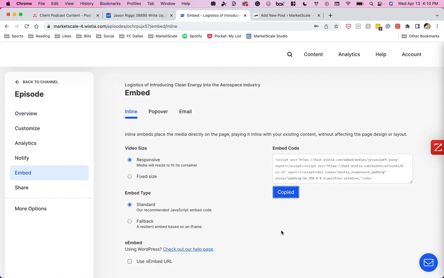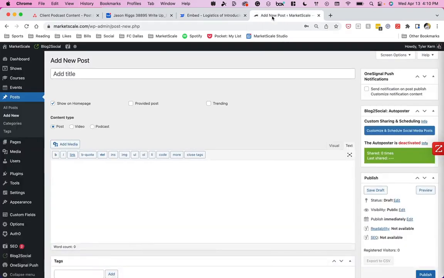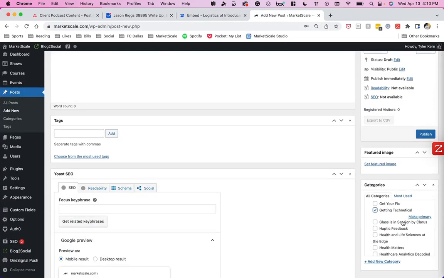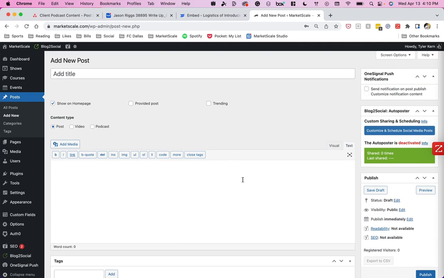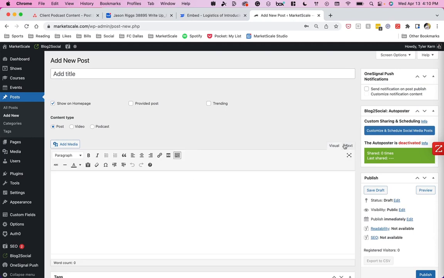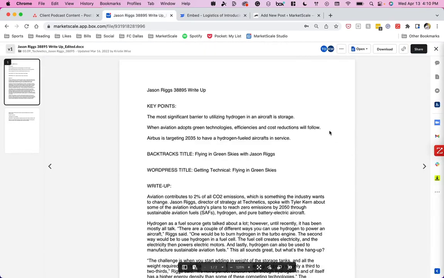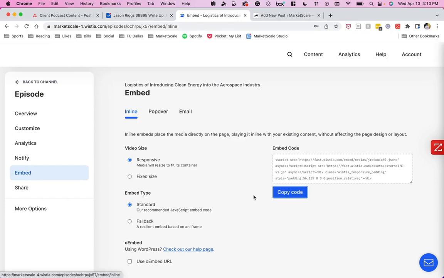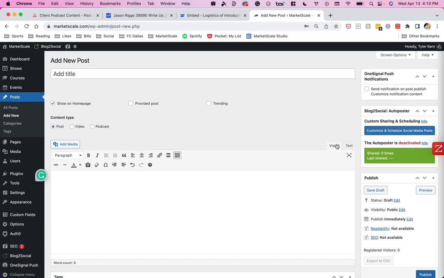We copy the code, and this is where we begin the post process of all of these elements on marketscale.com. So remember, you checked all of this over here earlier. Now it's time to actually post this. So in WordPress, you have your embed code. So you come to embed, you want to copy the code. You want to make sure you're on inline, copy the code, and then you're going to come and under the